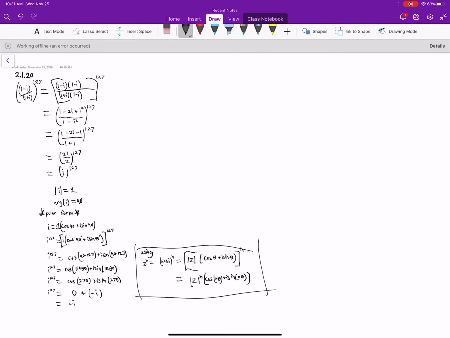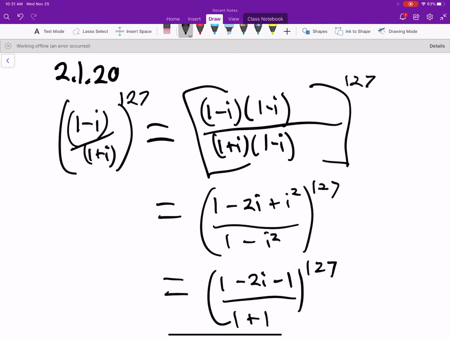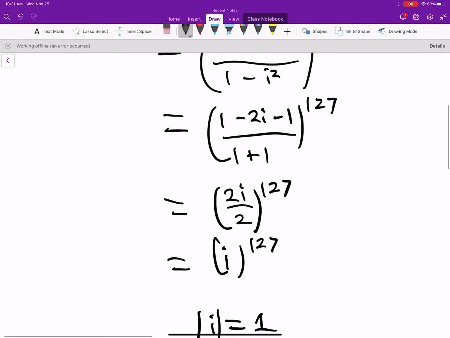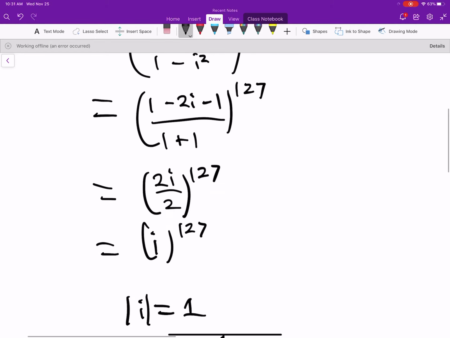Okay, we're looking at 2.1.20, and right here we just do some simplifications and we end up with i to the 127th power. From here we could just say, you know what, i to the 4th power is just 1, so we could